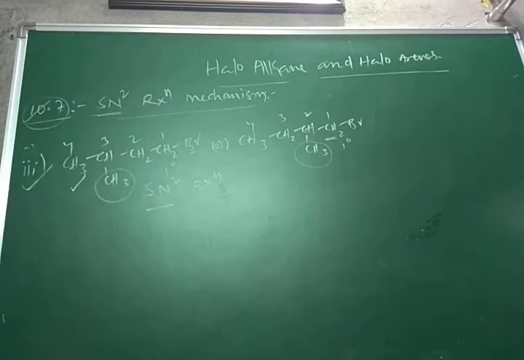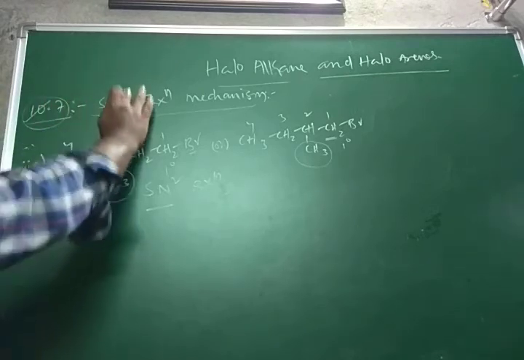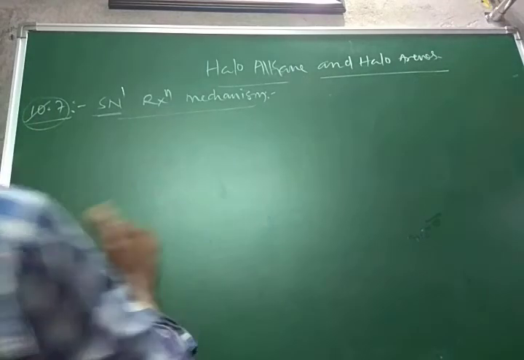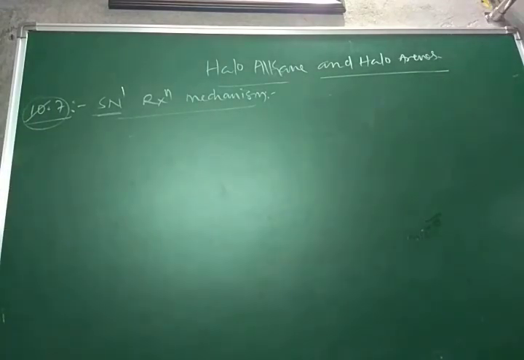This is the solution of 10.7 in text question. And another question is there, 10.8. In the following pair of halogen compounds, which compound undergoes faster SN1 reaction? First question, we identified SN2 reaction mechanism, and the second question is to identify the SN1 reaction mechanism in the given examples. First one, SN2 reaction mechanism, and 10.8